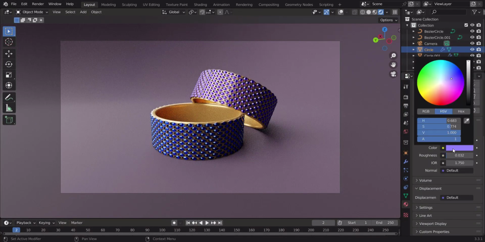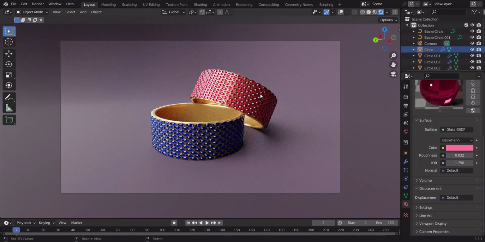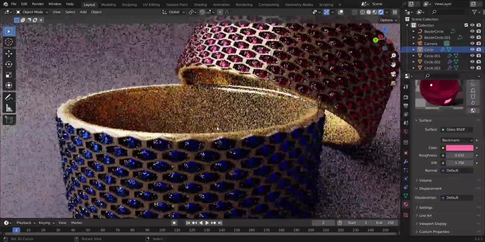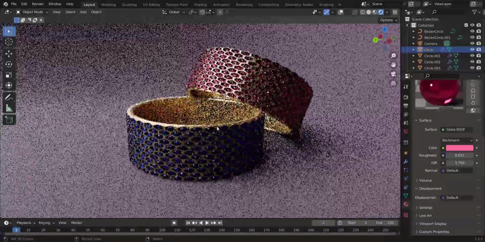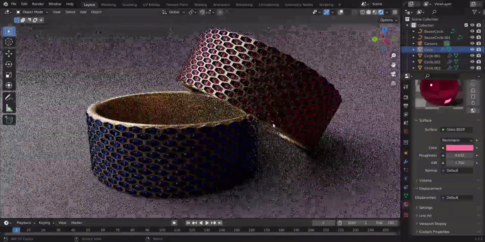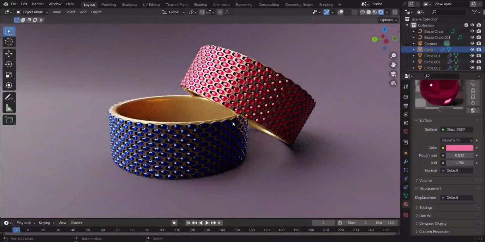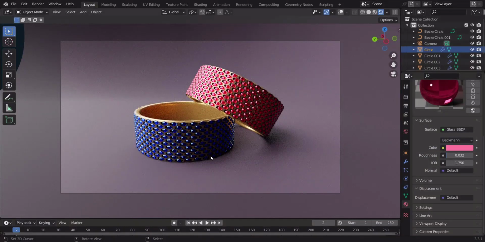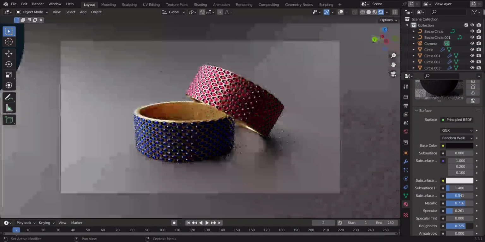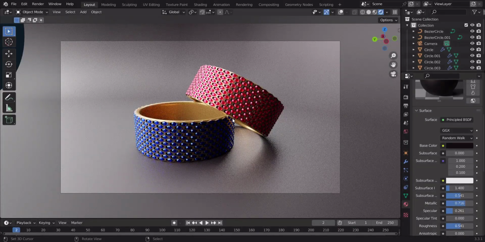But I use the... this is perfect. You can change the color and maintain it. Set the camera angle and adjust this angle like this. Your ring